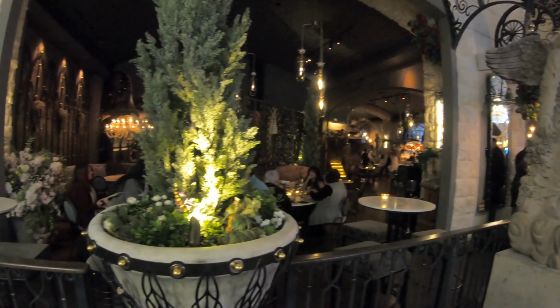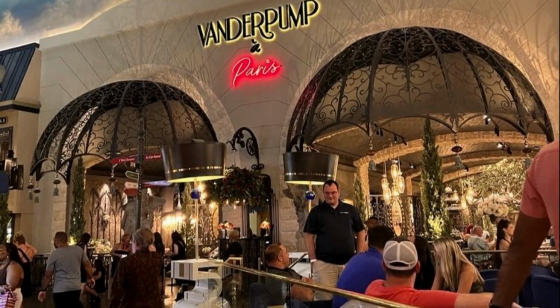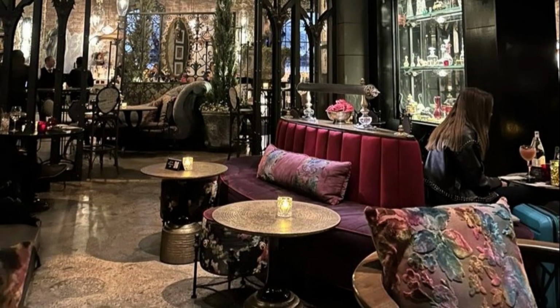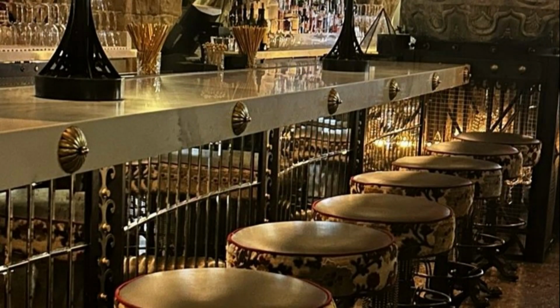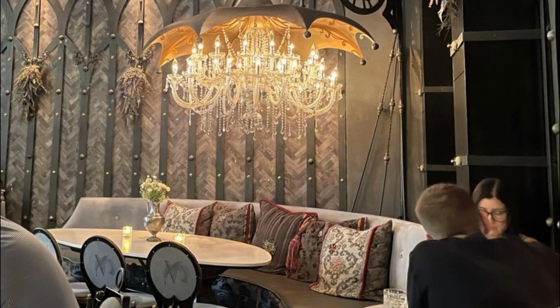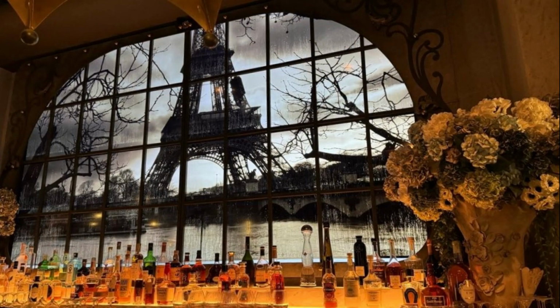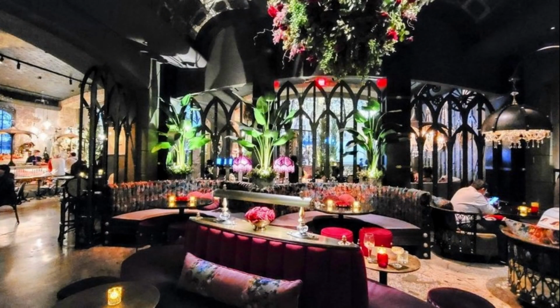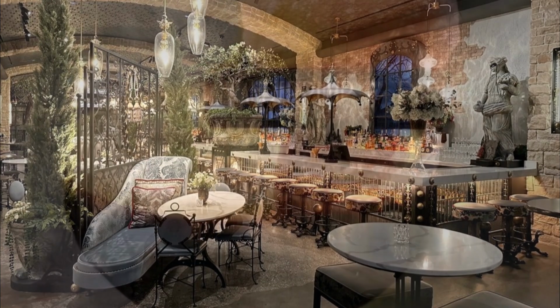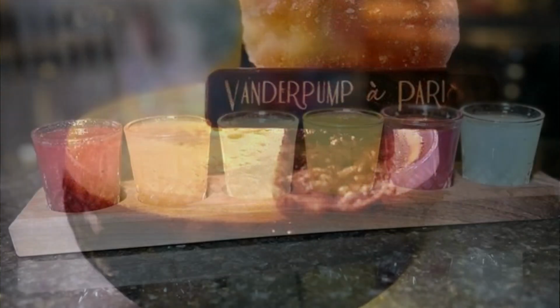Vanderpump au Paris features delectable dishes, whimsical and unique cocktails, and a lush, elaborate atmosphere with eclectic, Parisian-inspired design details. Designed by Lisa Vanderpump and Nick Elaine, the space is reminiscent of an old Parisian courtyard, one that stood the test of time. The interior features Art Nouveau-inspired velvet banquettes, crystal chandeliers in wrought iron cages, bronze umbrella fixtures, and